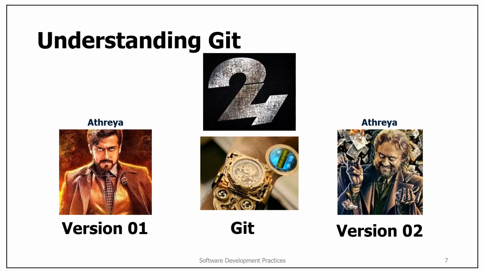Git. Okay, so Git will be having all the versions of that particular software or that particular file. Similar to the time machine watch which was used in that particular movie. Okay,